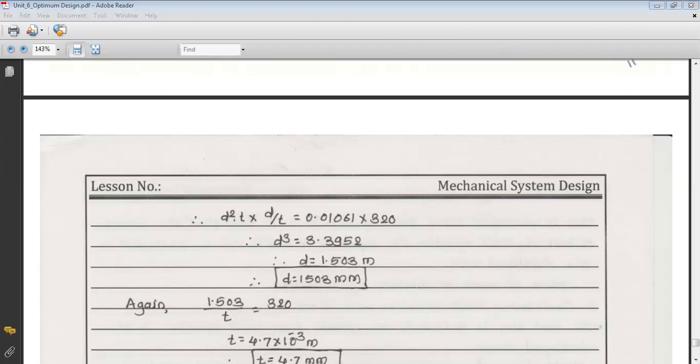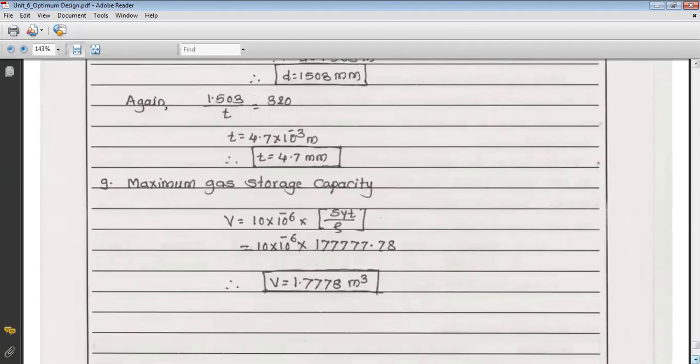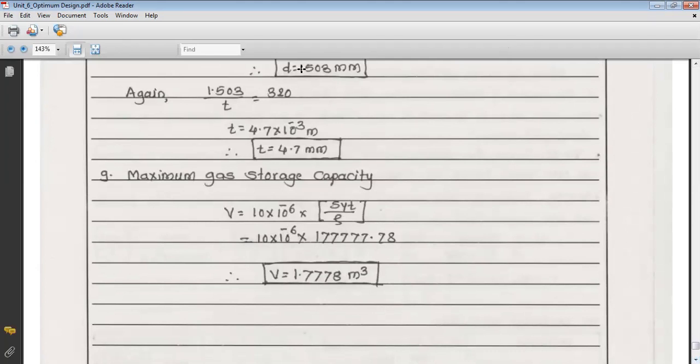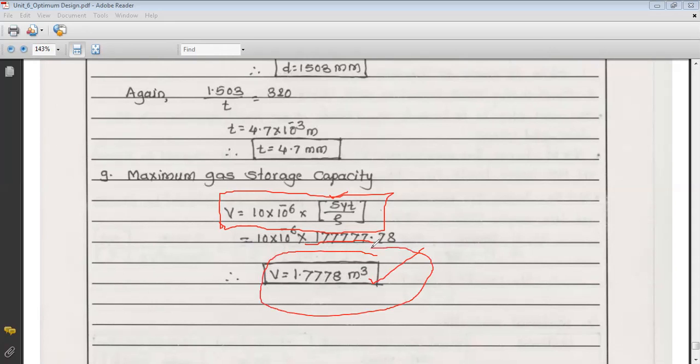Now the last, that is nothing but we have to find out the maximum gas storage capacity. So the maximum gas storage capacity is given by V is equals to 10 into 10 raised to 6, and this material selection factor, which is 5 times 7.78. So after calculation we get the maximum gas storage capacity, that is volume, it is 1.7778 meter cube. So this is the volume storage capacity of the